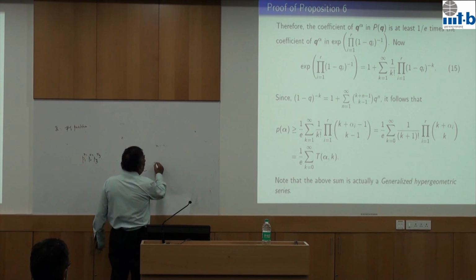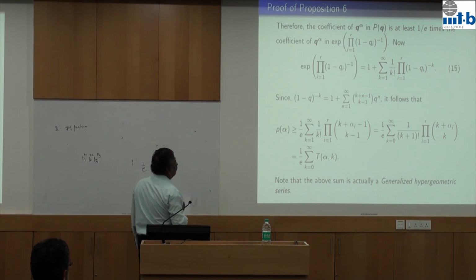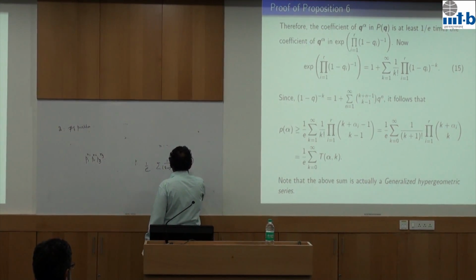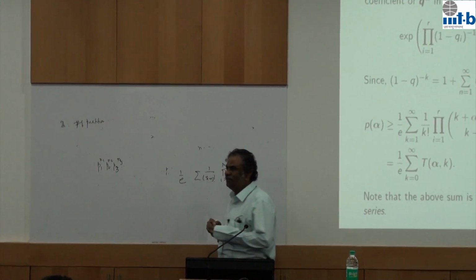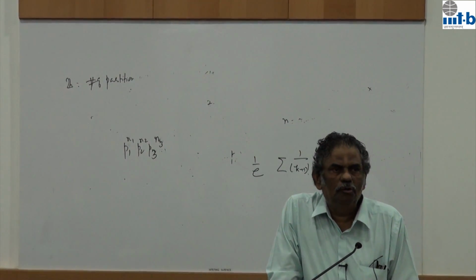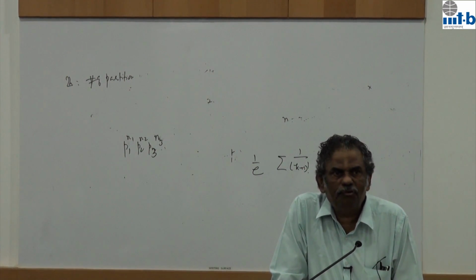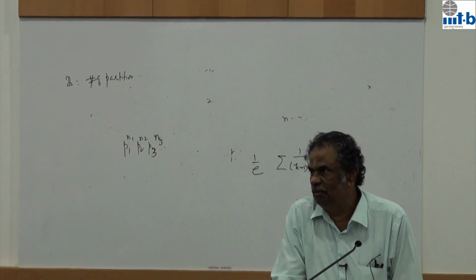It is 1 over e times 1 over k plus 1 factor, not explicit, at least the lower bound I can write explicitly, 1 over k plus 1 factorial into product k plus alpha I choose k. Therefore, these are the type of coefficients, and finally it boils down to studying the order of certain binomial coefficients. And the way to study the binomial coefficient is essentially to study something called the gamma function,